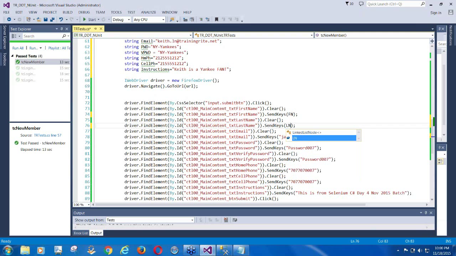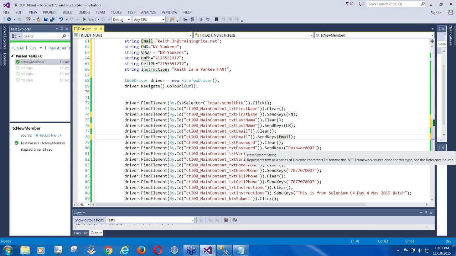So this is going to be ln, and this is going to be email, and this is going to be pwd as the password, and this is going to be verify password, vpwd, and this is going to be the home